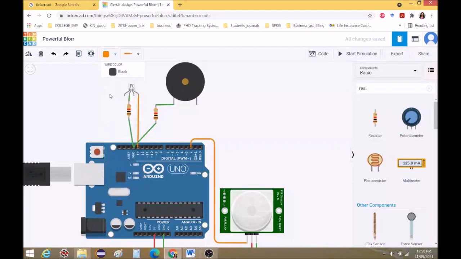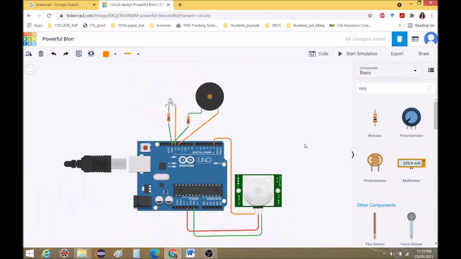So I'm selecting orange color for the signal. This is pin number 12. So you can see here pin number 2 is the input to the Arduino board, which is showing the presence of motion, and the output pins are 13 and 12. You have to remember these things.